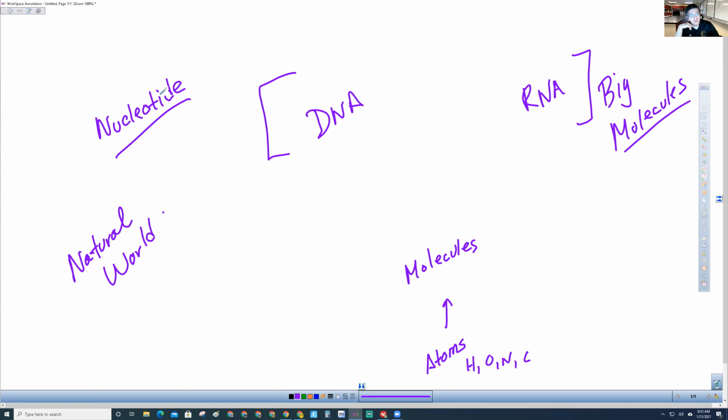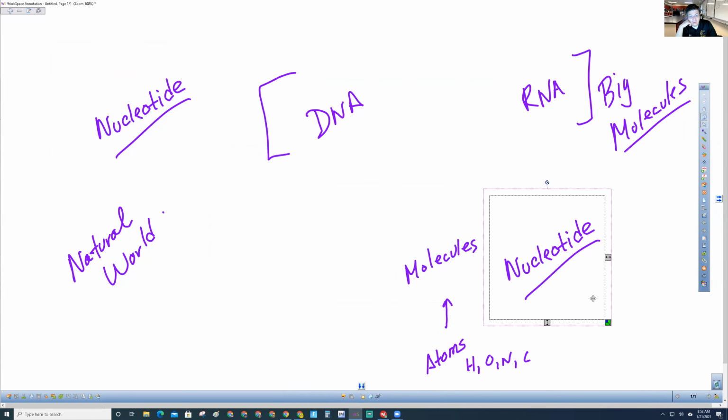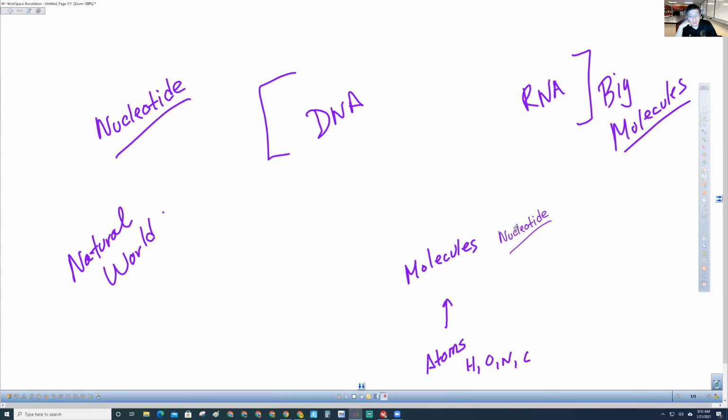And so nucleotides are actually molecules. A nucleotide is a little molecule. It looked big in the video, but it's actually not. It's very, very small. And so these molecules are used to build DNA